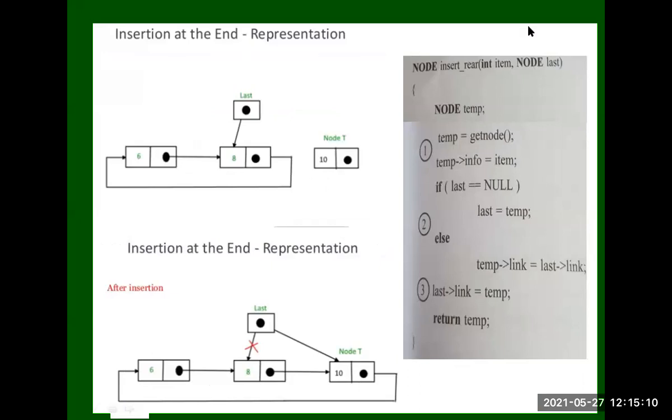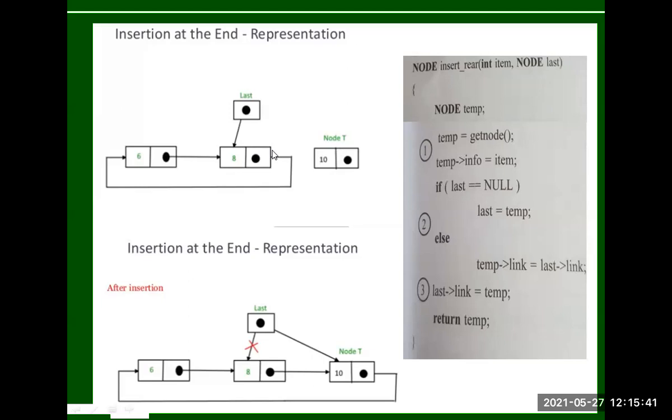Next, insertion at the end. See here, the last contains the address of the first node.